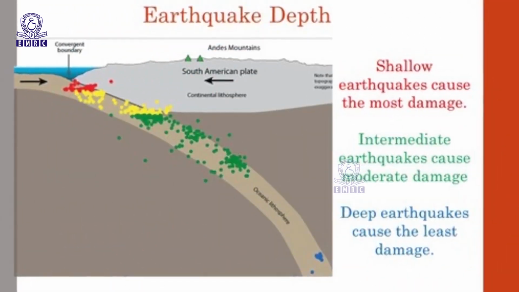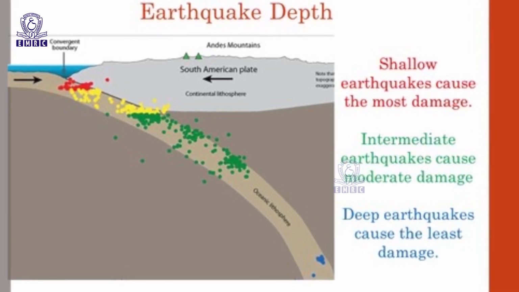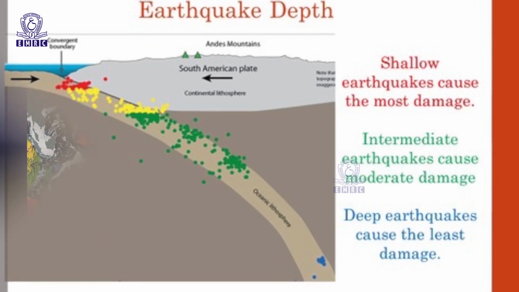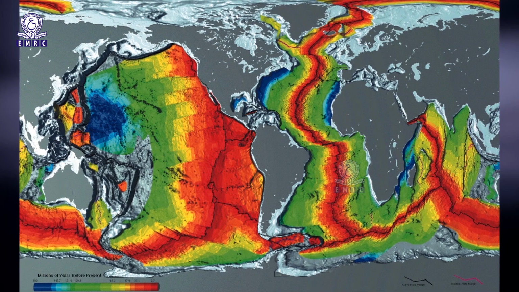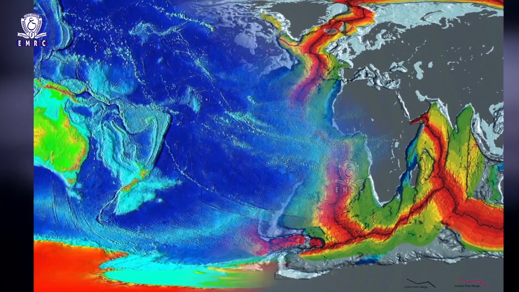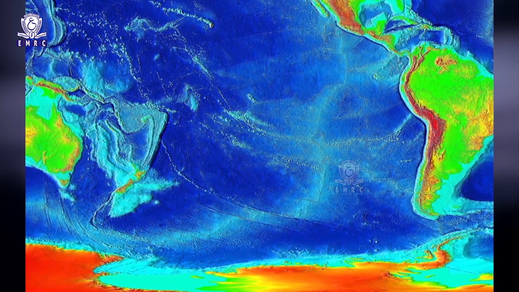The ridges are commonly offset by large faults that are also sites of shallow focus earthquakes. For example, the earthquakes occurring along the mid-oceanic ridge in the Atlantic Ocean and the East Pacific ridge in the Pacific